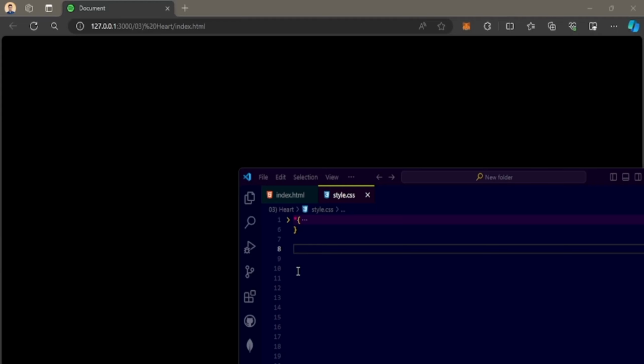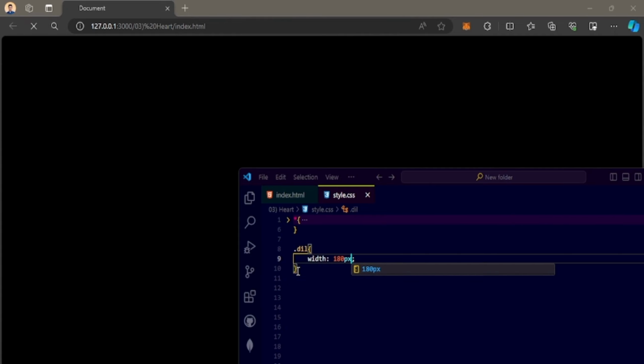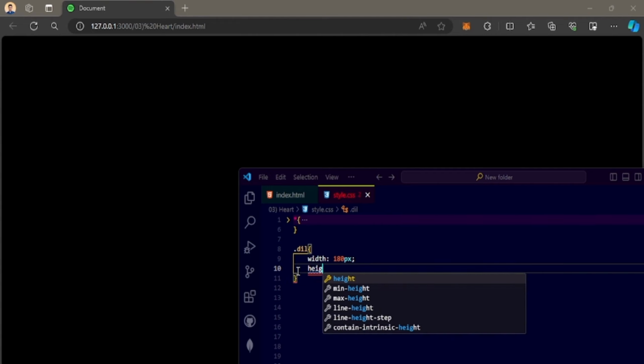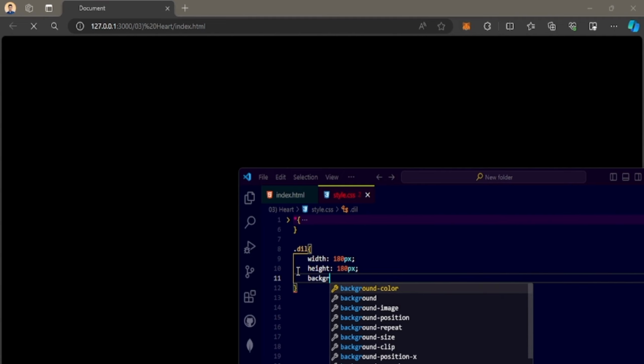चलो आ जाओ, आज तुम्हें दिल बनाना सिखाता हूँ। देखो कैसे बनता है। First you select the dil class, then we write width 180 pixel, then we write height 180 pixel, then we write background color red,